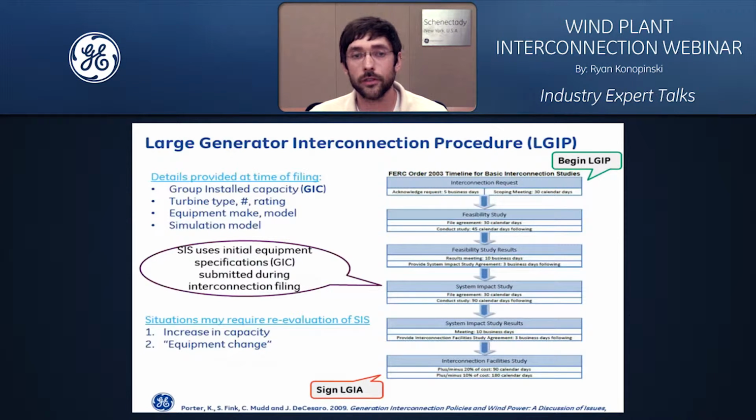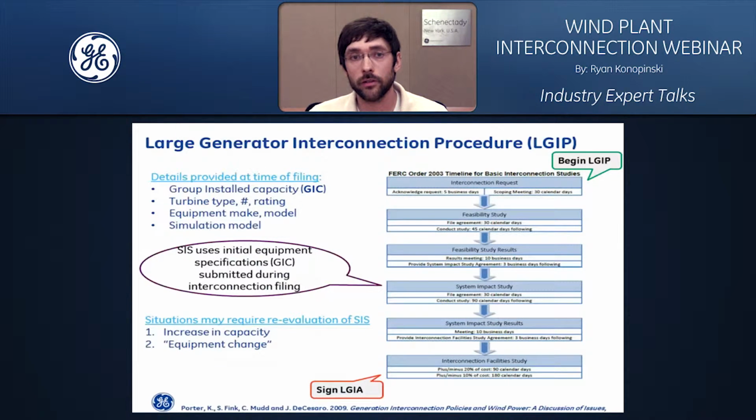After several years, FERC realized that there were some inefficiencies and a lack of an official standardized process. So in 2003, they came out with Order 2003, which created an official standard interconnection procedure and agreement, the LGIP and LGIA. And through several revisions, they finalized the Order 2003-C in 2005, and this order applied to generating facilities that were greater than 20 megawatts, and there were some specific requirements for wind plants.